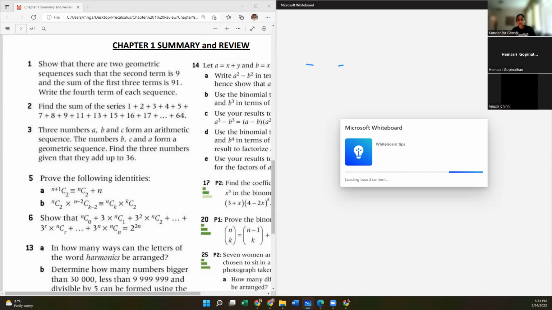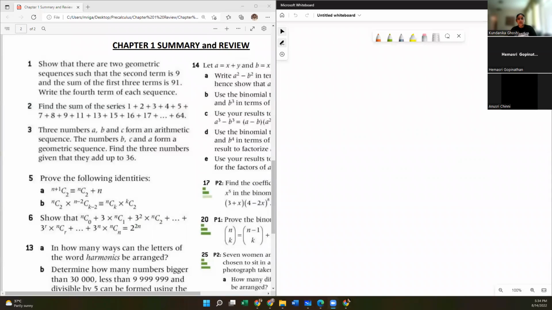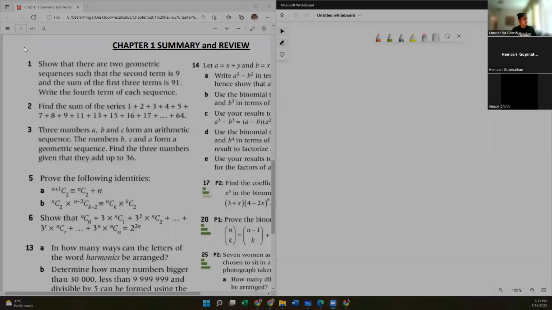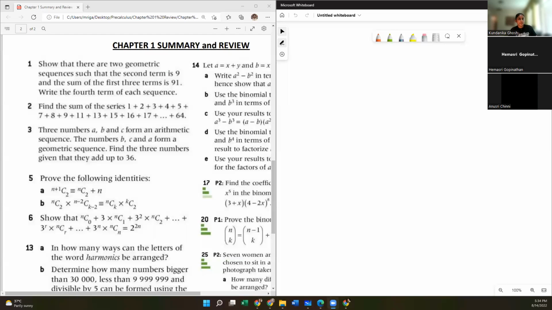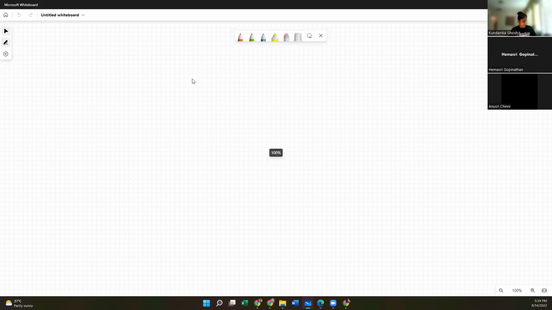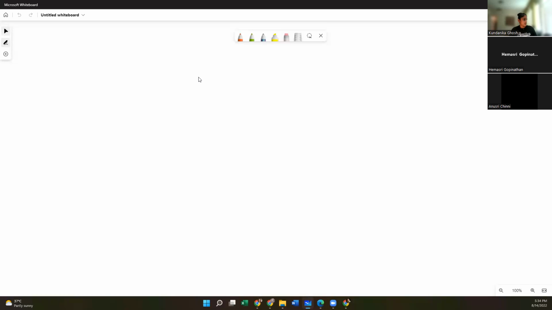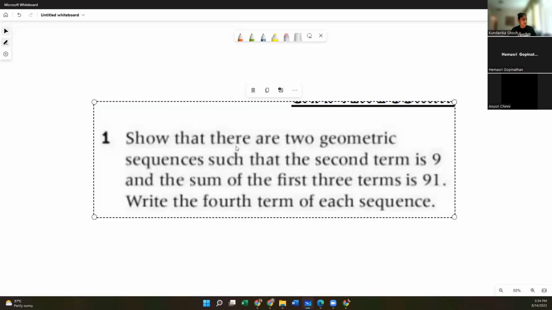Okay, and then we're not gonna annotate, we're just gonna use Microsoft Whiteboard. Feel free to use the annotate tool if you want to figure something out, or if I did something wrong and you need to fix it. Okay, starting out with the first problem. Wow, okay, I just suck at technology.